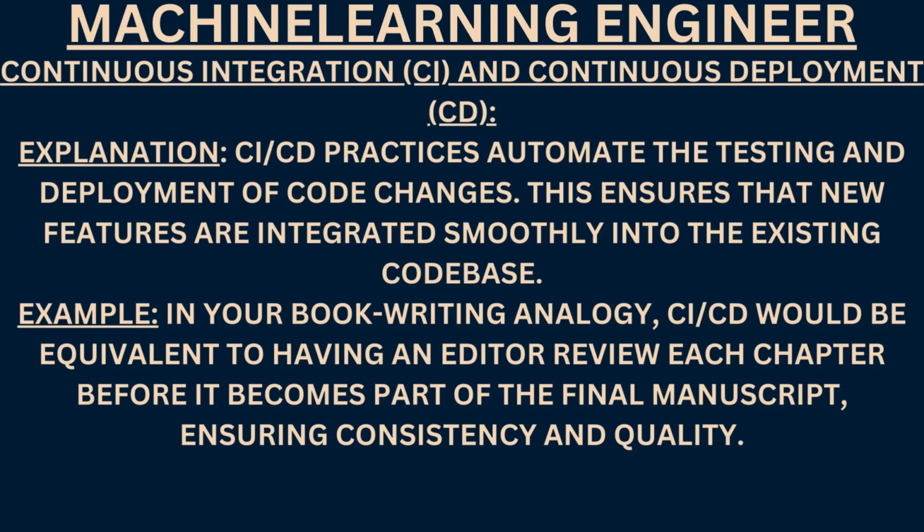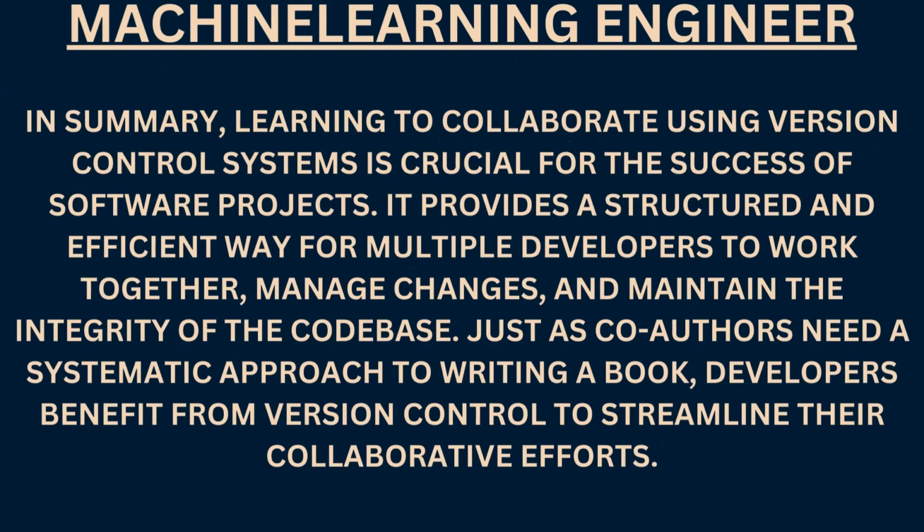For example, in your book writing analogy, CI/CD would be equivalent to having an editor review each chapter before it becomes part of the final manuscript, ensuring consistency and quality. In summary, learning to collaborate using version control systems is crucial for the success of software projects. It provides a structured and efficient way for multiple developers to work together, manage changes, and maintain the integrity of the code base. Just as co-authors need a systematic approach to writing a book, developers benefit from version control to